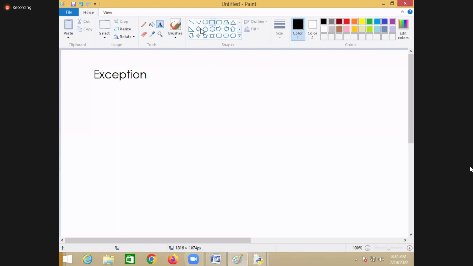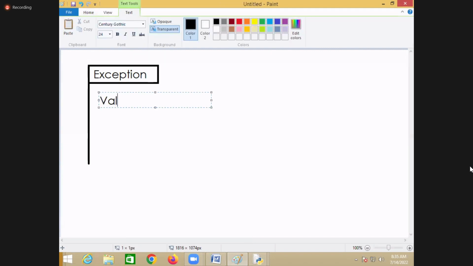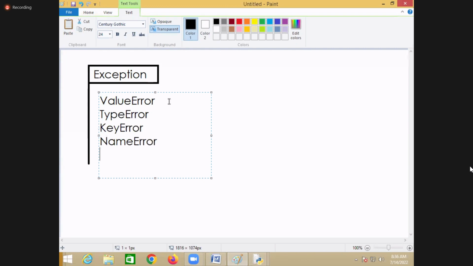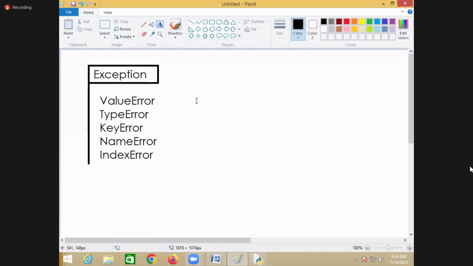Exception has all the properties and functions belonging to all exceptions. So there is an exception, value error. There is another exception, type error. Value error, type error, key error, name error, index error. Are all these predefined errors or user defined? Predefined. All these are predefined errors.